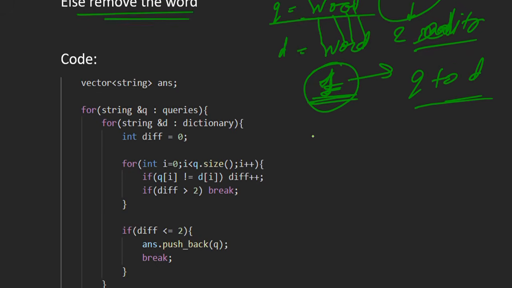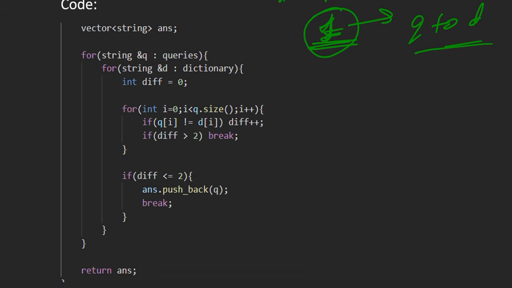So let's see the code part. In the code we have taken a vector of type string as the answer, and then we are taking each word from the queries array and comparing that word with all the words in the dictionary array, and we are counting how many different characters there are.